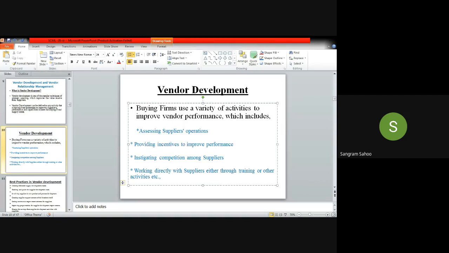Transport or getting the raw materials, then transfer of finished goods to the final destination. Okay, only one. Next, Mr. Sahu,